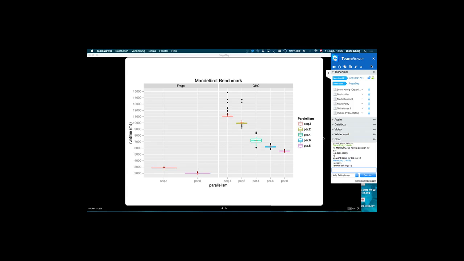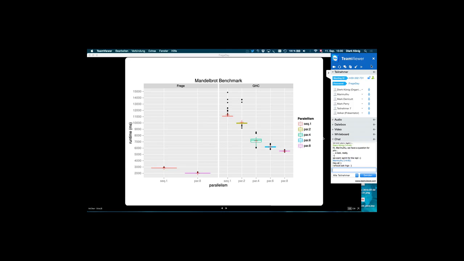Finally we got to those numbers, which are really interesting because Frege in this case is much faster. For, I think, 60,000 points, calculating it took under 3 seconds, and the fastest GHC version at the highest parallelism is at 5.5.